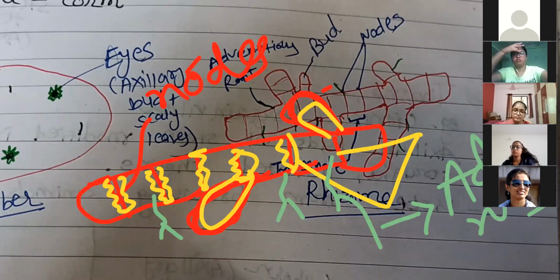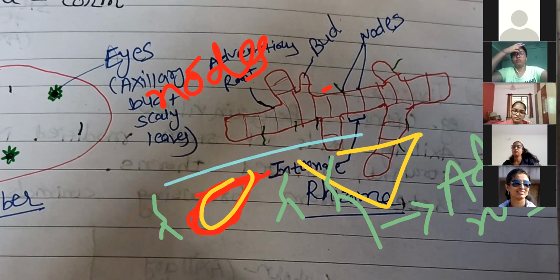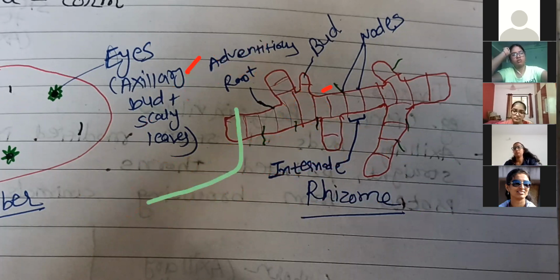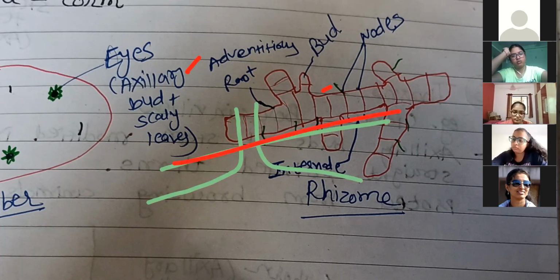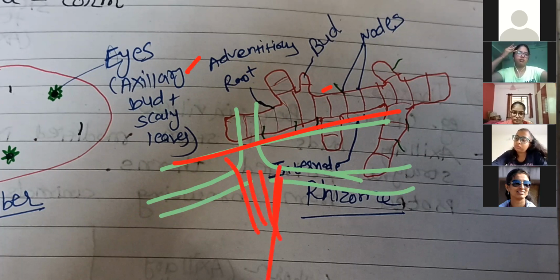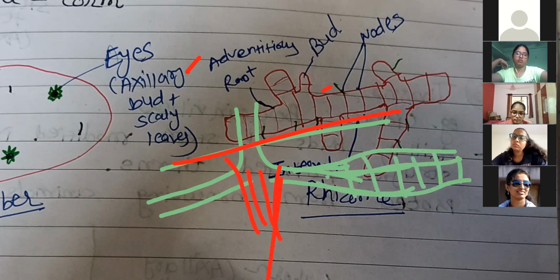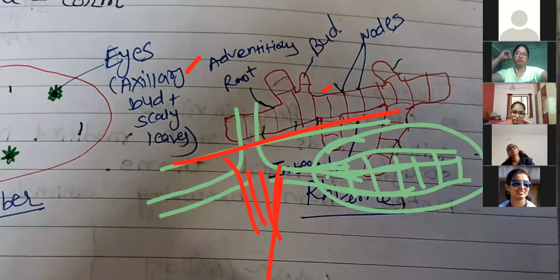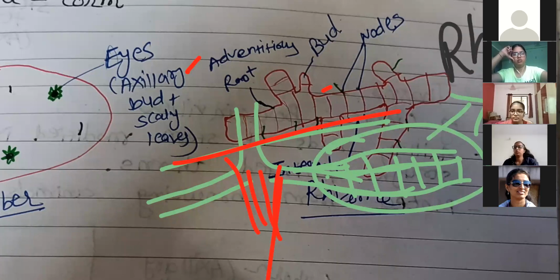And this structure, see, in ginger, is a stem growing horizontally. Underground stem, this is the soil surface. And now this underground stem, that branch is growing in this way, horizontally over here, the root system is present. And this underground stem branch stores the food and becomes a fleshy, swollen structure. And this one we call ginger.